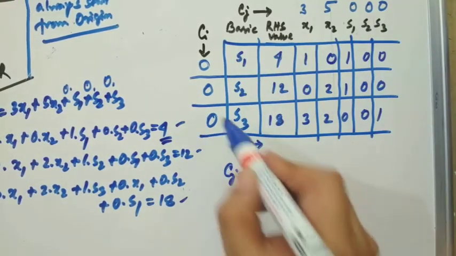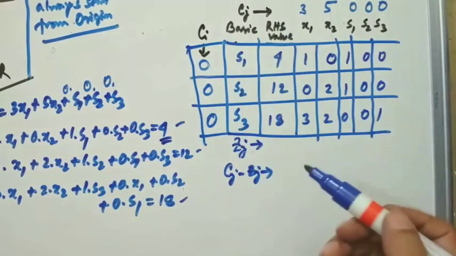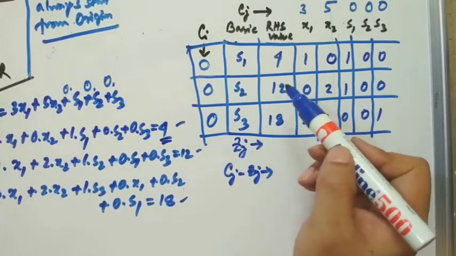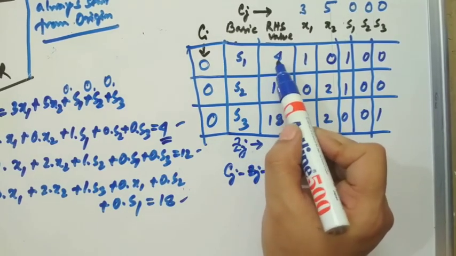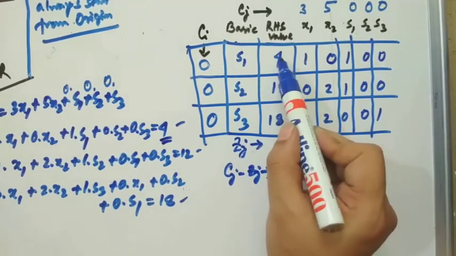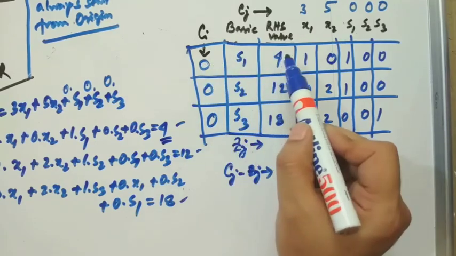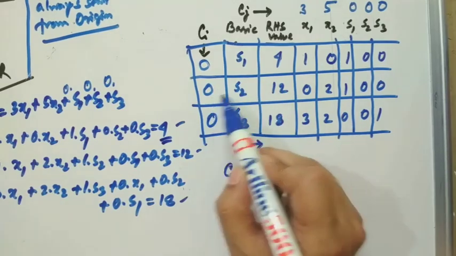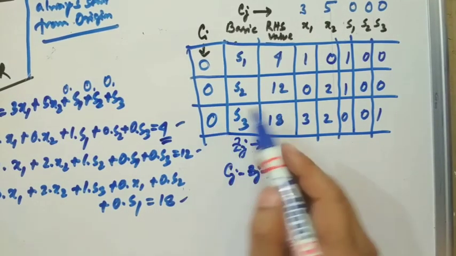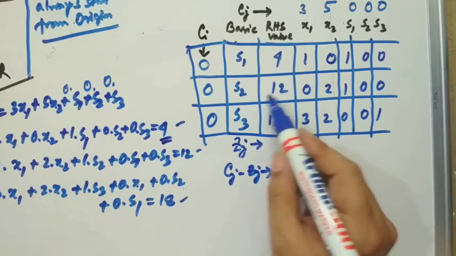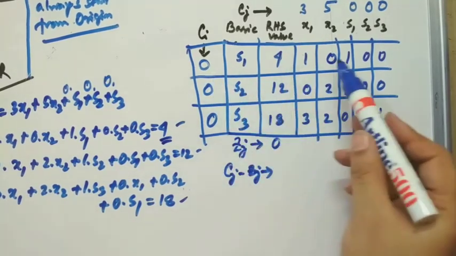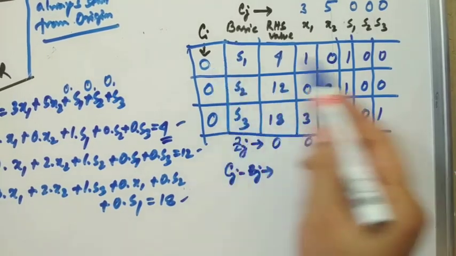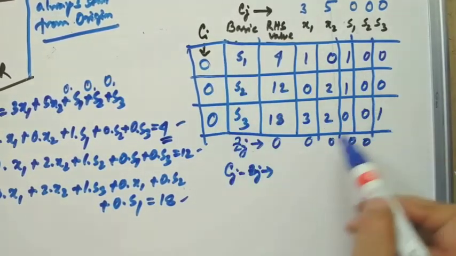Okay, now look, for Zj value we have to calculate for each and every column. Okay, for calculating Zj value we have to multiply this particular column's values with the Ci values, and we have to add them up, like 4 into 0 plus 12 into 0 plus 18 into 0. Okay, so the summation of all this will give you 0. Similarly, you can see it will come all 0 because they are 0. So all zeros, the summation will be 0 only.